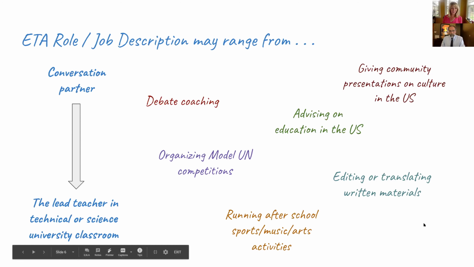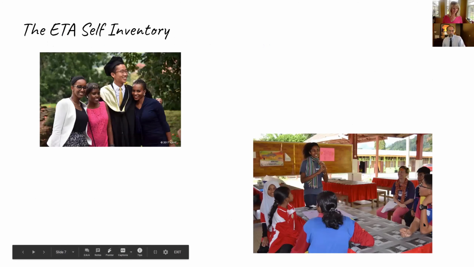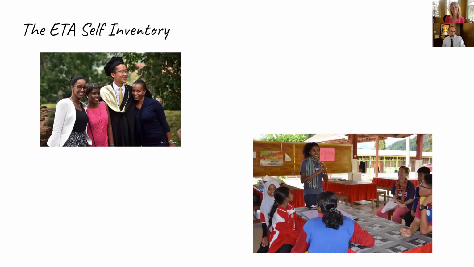And a big chunk of the ETA path, or the ETA process, is to go through a process of self-discovery and self-inventorying, where we're really trying to look at what we have inside of us, what we have in our background, in our track record, something on our resume, something that we're deeply committed to, that we can bring forward in order to make the best case application in order to become an ETA.